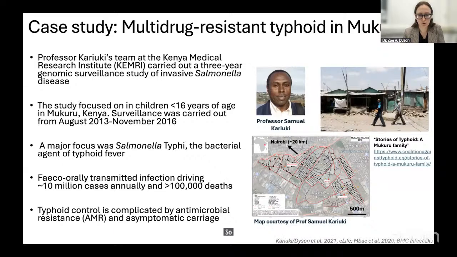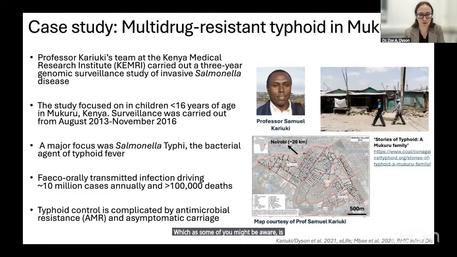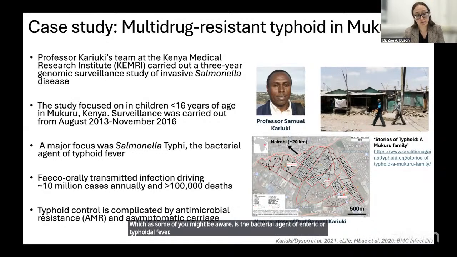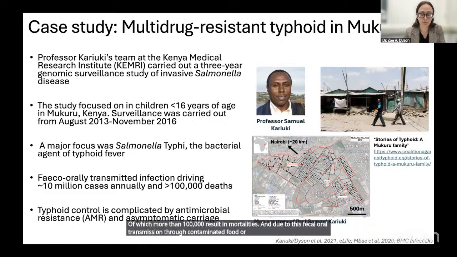So while this was a broader invasive salmonellosis study, a major focus of this work was Salmonella typhi, which, as some of you might be aware, is the bacterial agent of enteric or typhoidal fever. For those who might not be so familiar with typhoid fever, what we're talking about is a fecal-orally transmitted infection. And we see around 10 million cases of typhoid fever annually, of which more than 100,000 result in mortalities. And due to this fecal-oral transmission through contaminated food or water, it tends to be a larger problem mainly in low to middle income country settings, where there are insufficiencies in sanitation and hygiene infrastructure controlling outbreaks of waterborne diseases like